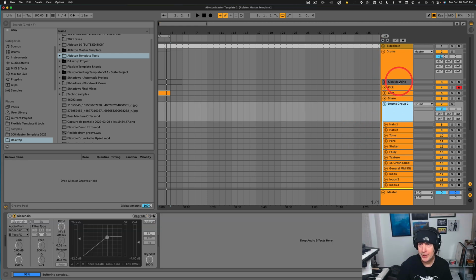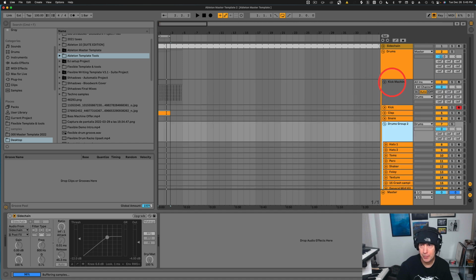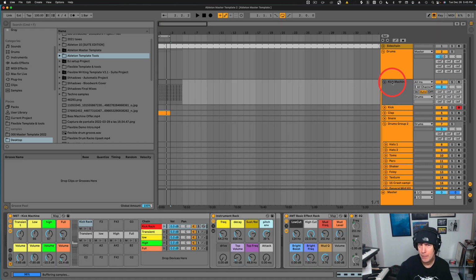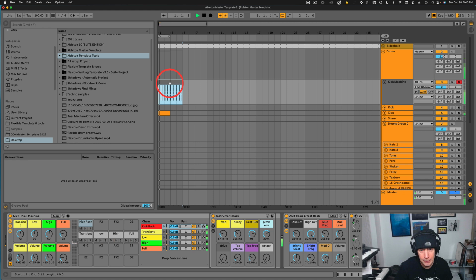And then we've also got the kick machine. I'll just get into this briefly. But this is a 5-layer setup here. I've already got some MIDI here. And what this is, is several layers. So we've got